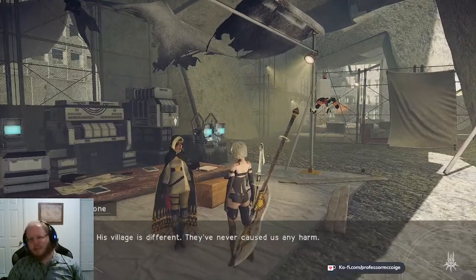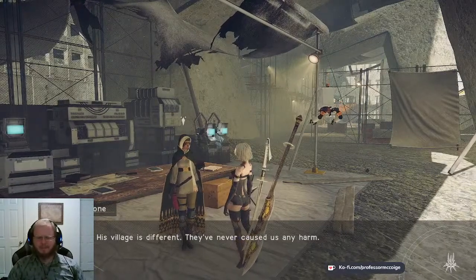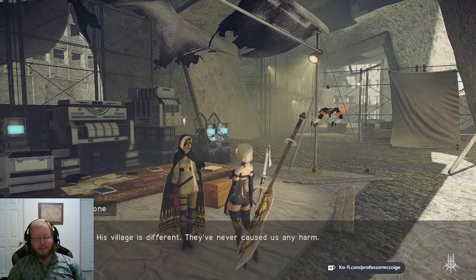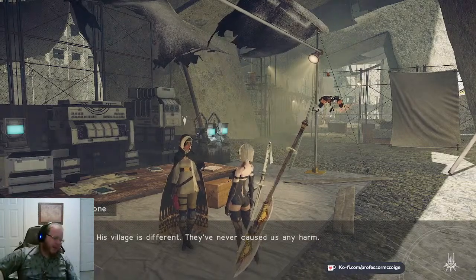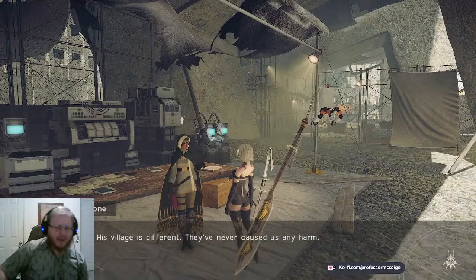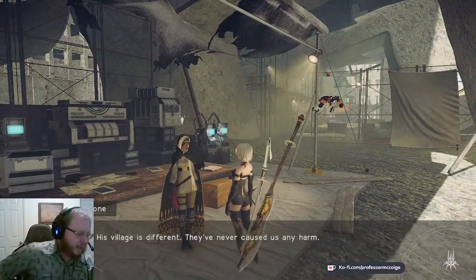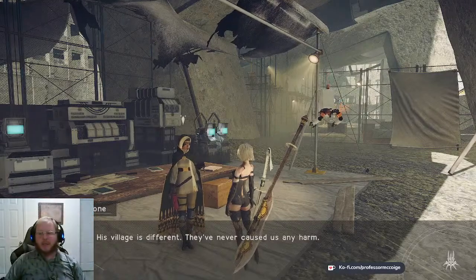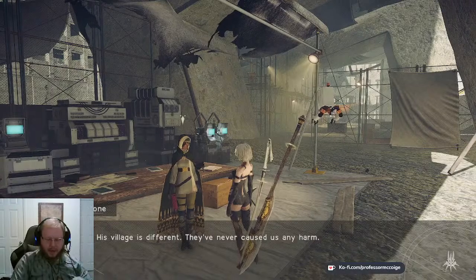Wait, if she has 2B's memories, shouldn't she know that? Maybe not all of them. Maybe not the interpretation of the memories. Which, admittedly, that is a... So okay, I'm gonna get into a philosophy point here because that's actually an interesting question. So particularly in terms of layers of interpretation, and I mentioned this as well. I kind of talked about this a little bit in my video about